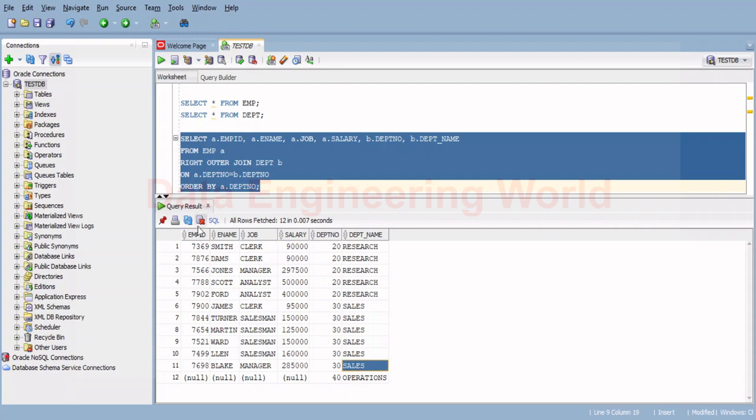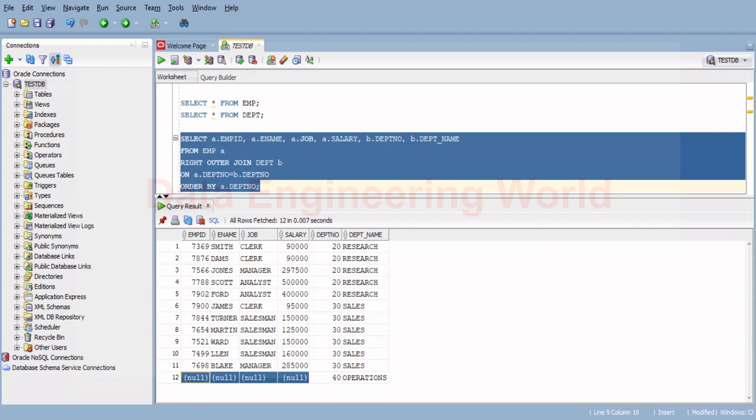So we have 11 records which are matching between both the tables, whereas there is one record in our department table with department number 40 for which the data is not available in our employee table, and hence we have got the data from our right table, and since there is no match of that data in the left table, we have got nulls for those columns which are coming from our left table. I hope this is clear to you. Now let's move on to the next